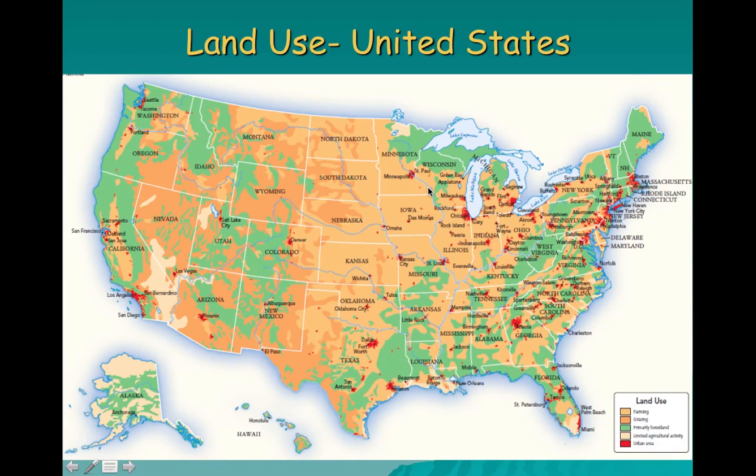And in terms of a map of the United States, you can see the different land uses on the side, so farming and grazing, and then the forested areas and the urban areas. So you can just see how this looks across our country. And you can see a lot is forested, and if you kind of blur your eyes a little bit, the red really isn't very dominant, but there sure is a lot of farmland and grazing land. So although it's not urban, we certainly use a lot of land for different purposes in the United